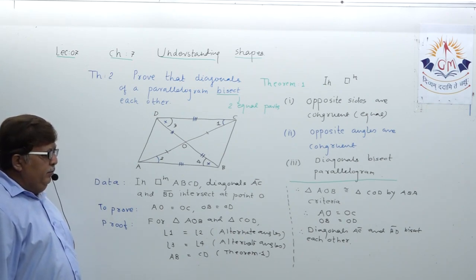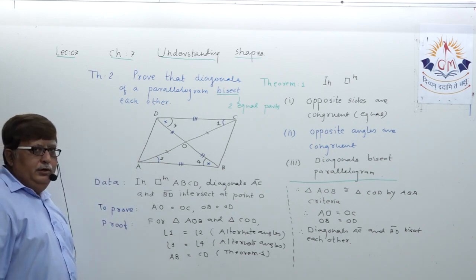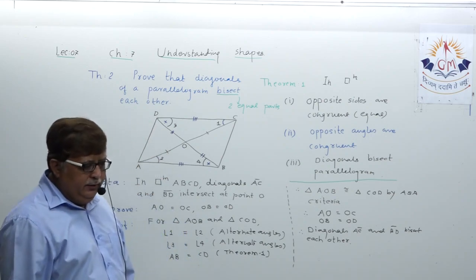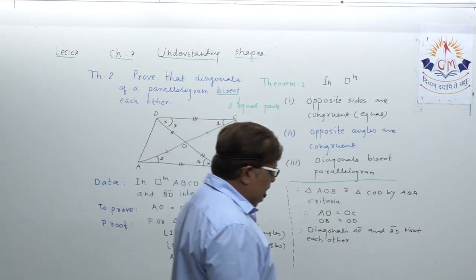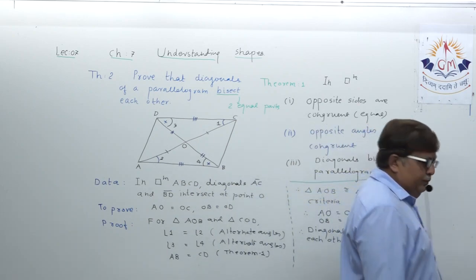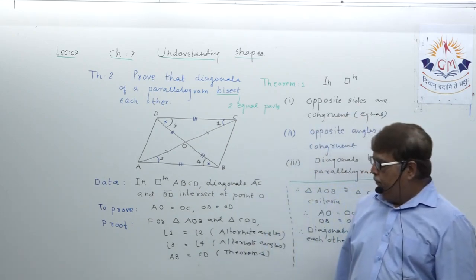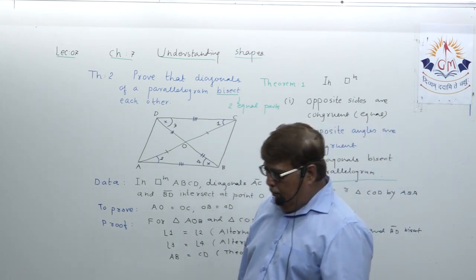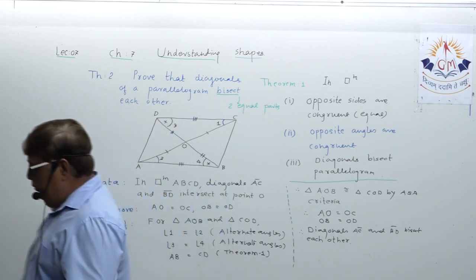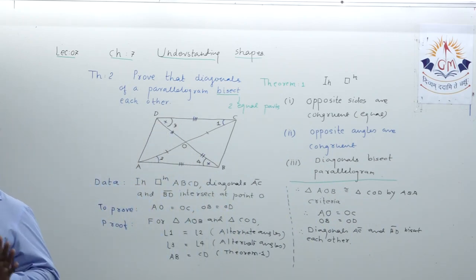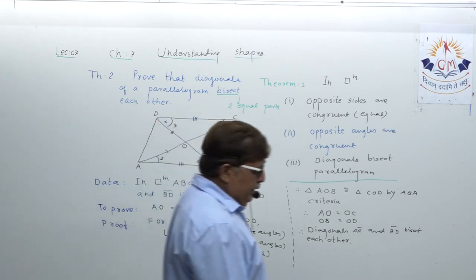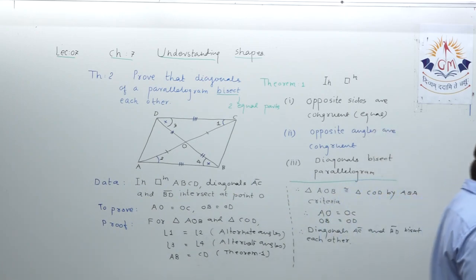In exam, I am going to give only this statement, nothing else. Prove that the diagonals of a parallelogram bisect each other. This will be the only statement delivered to you in exam. Understood? Have a look at this, then I will re-explain. Try to gather the concept in your mind. Understood?